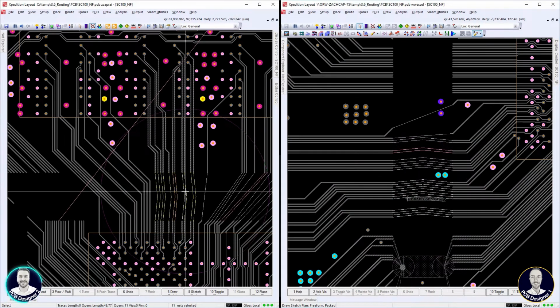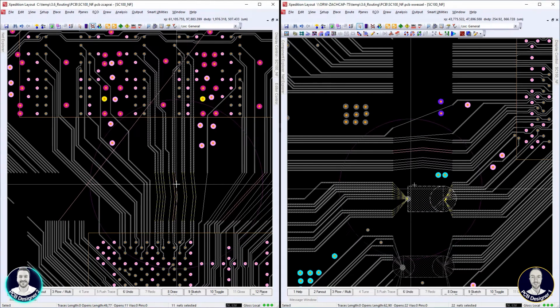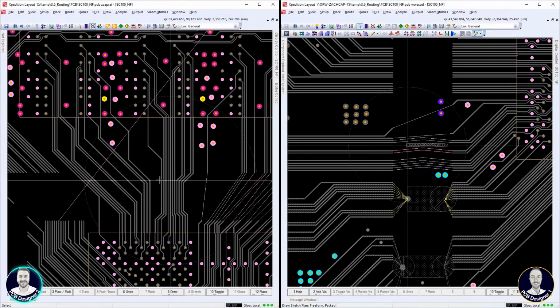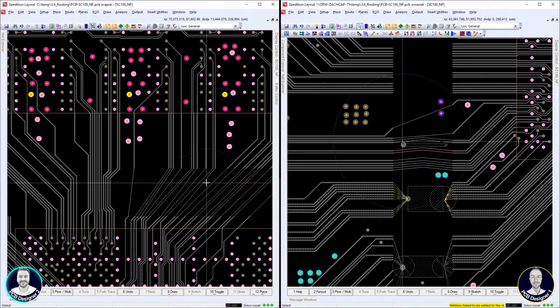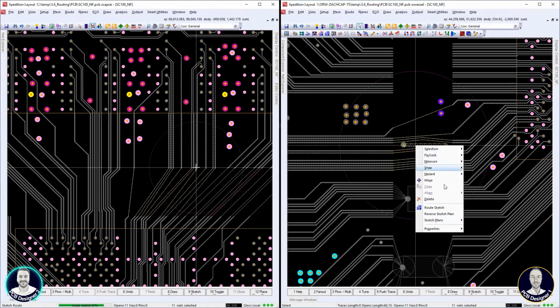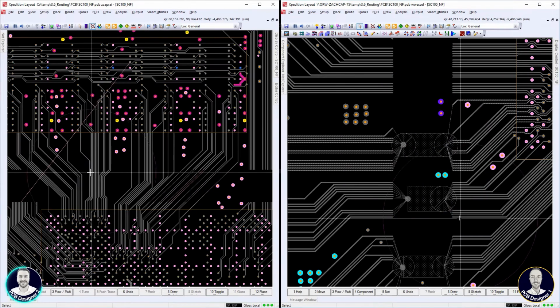So I'll repeat this process of selecting the byte lane nets in the layout and using the sketch route command for the remaining 3 byte lanes. Meanwhile, Wilfred is using the sketch planning functionality to efficiently route the 4 byte lanes of the DDR4 FPGA fabric interface all at one time.